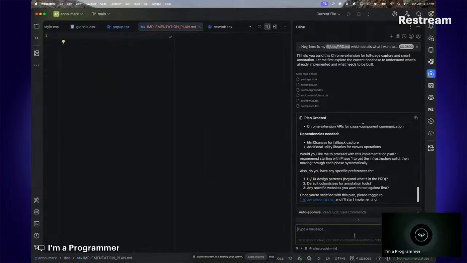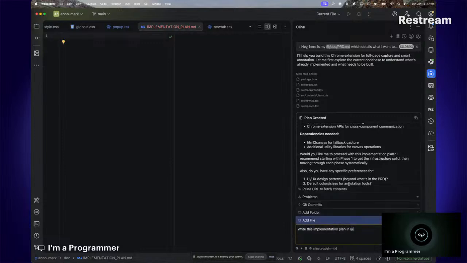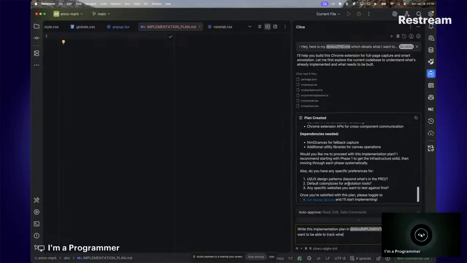So I'll say, okay, before we proceed, write this implementation plan in implementation plan.md. I want to be able to track what you will work on